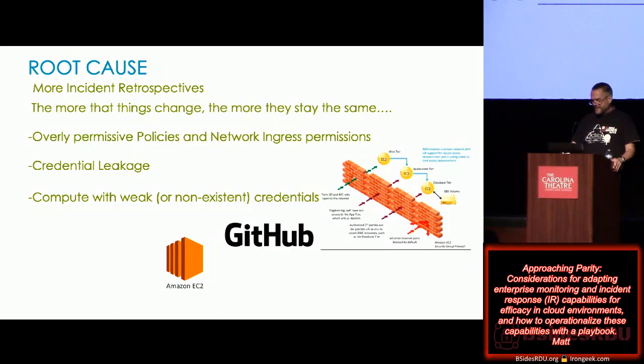And then finally, insecure machine instances. These are the images that are either vulnerable from a configuration standpoint or a software perspective. And then when they're spun up, they're run either with weak credentials or sometimes with no credentials at all. The lack of strong credentials, particularly when combined with an overly permissive network ingress policy, can make these hosts an easy target for hackers.